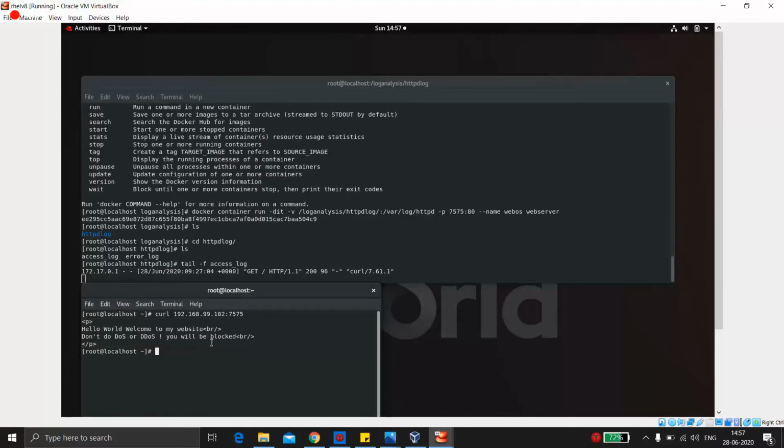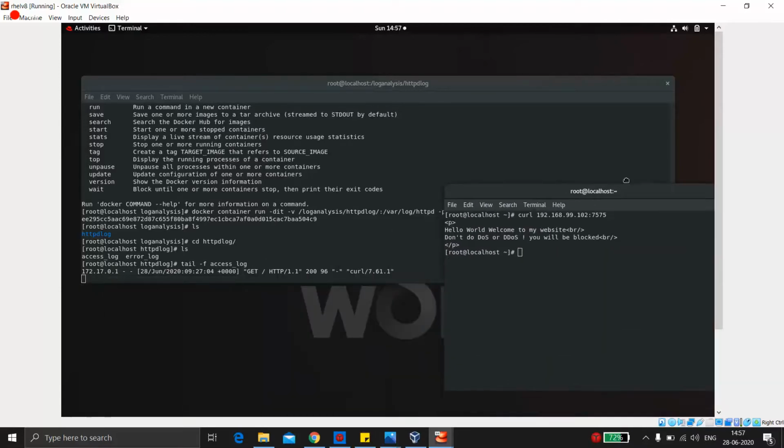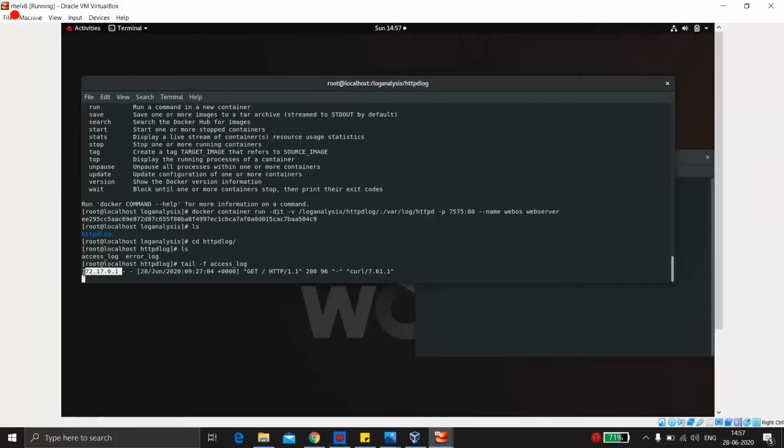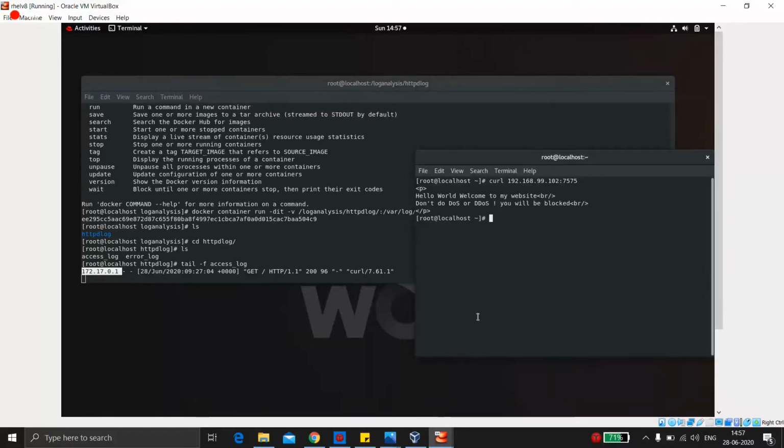Now you can see here that my current IP is 102, right? But when I did the curl command, or when I hit the server, it logs my IP as 172.17.0.1. Now why is it so? Because right now our firewall is working and our SELinux is also working. SELinux won't contribute to this much, but to some extent it does.